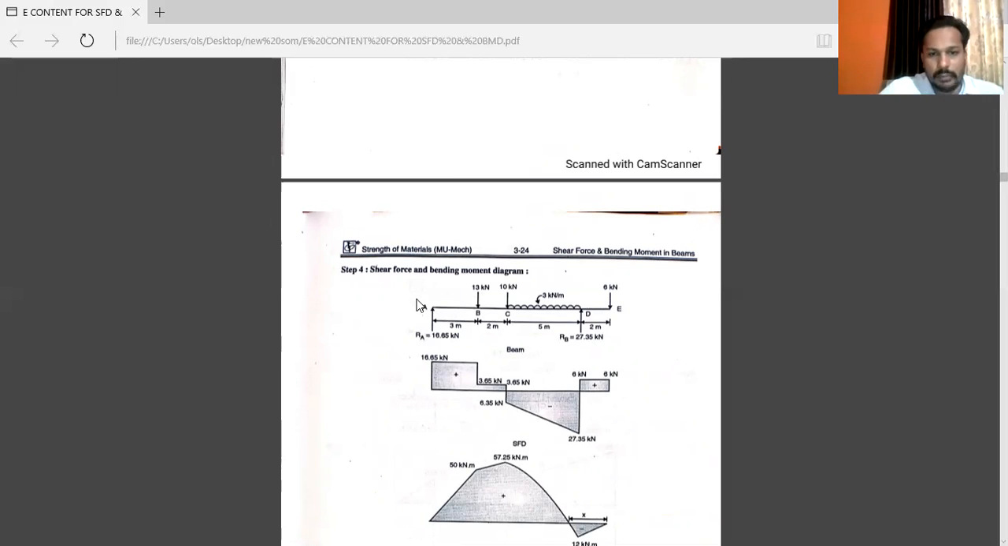This is the given diagram. Here we have the values of shear force calculation. For RA, the values are 0 and 16.65. At point B, the values are 16.65 and 3.65. At point C, the values are 3.65 and